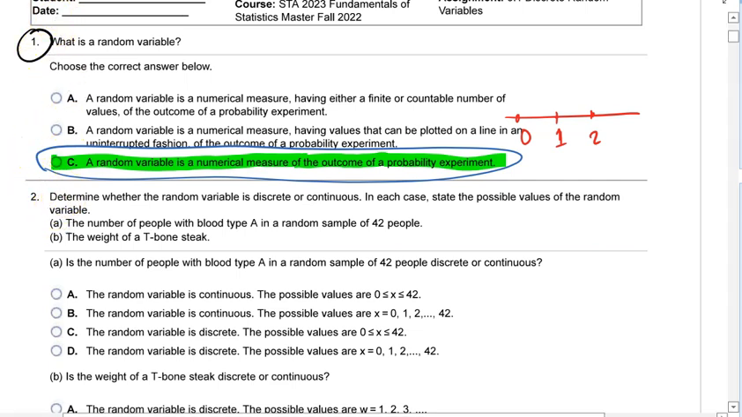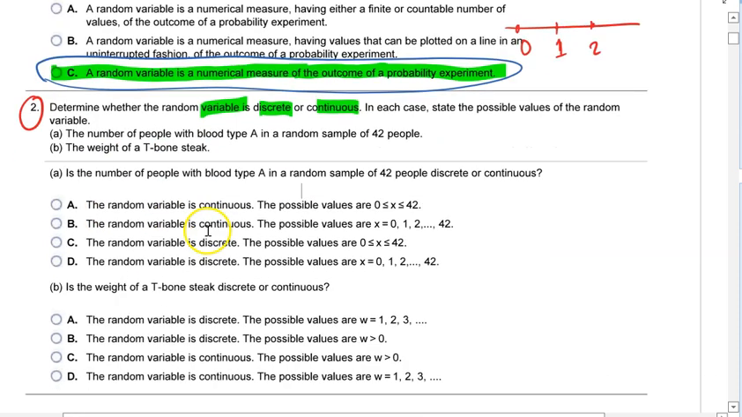Determine whether the random variable is discrete or continuous. You got to figure out a given random variable is discrete or continuous. In each case, state the possible value of the random variable. You have A and B. A is the number of people with the blood type A in the random sample of 42 people, discrete or continuous. Obviously, number of people here is the discrete